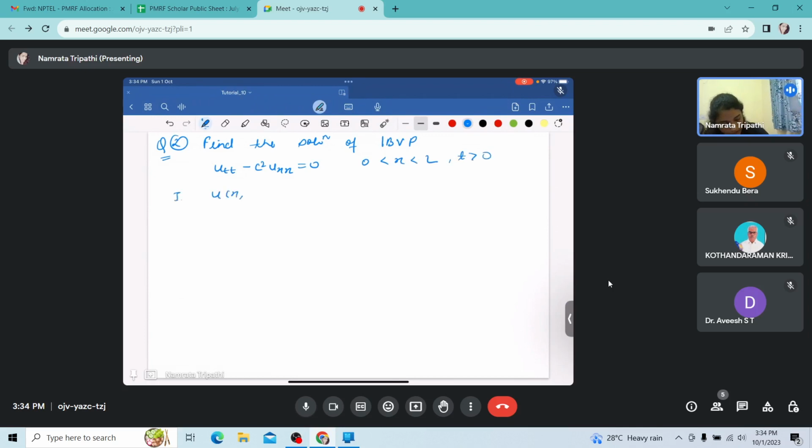The initial condition u of x comma 0 is given in two parts: when x is from 0 to L by 2, it is x, and when x is from L by 2 to L, it is L minus x. And one more initial condition is 0 when x is from 0 to L. And the boundary condition,